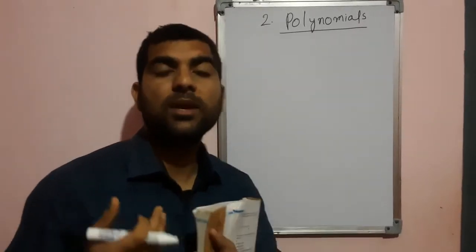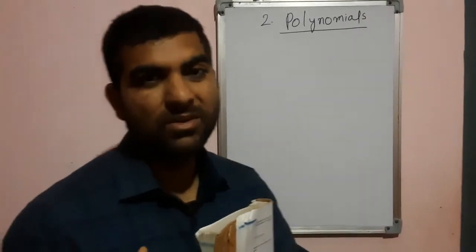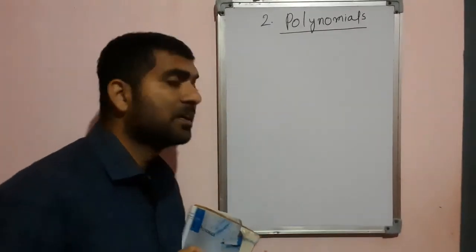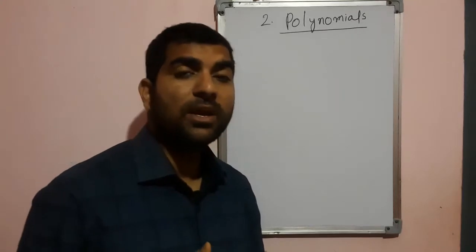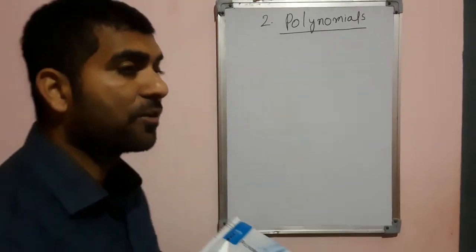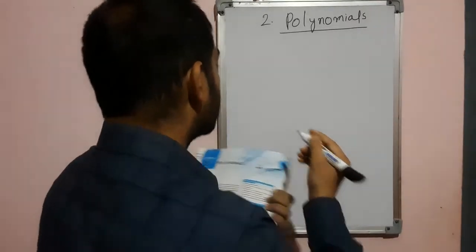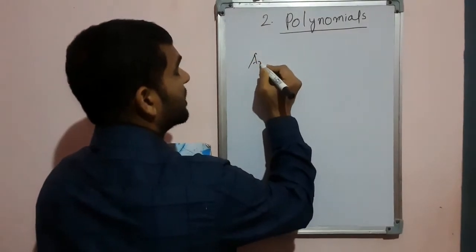In the lower classes we have already studied different types of algebraic expressions: monomial, binomial, trinomial, and if more than 3 terms we take it as polynomial. But now there is a slight difference. What is a polynomial? Any algebraic expression in the form,